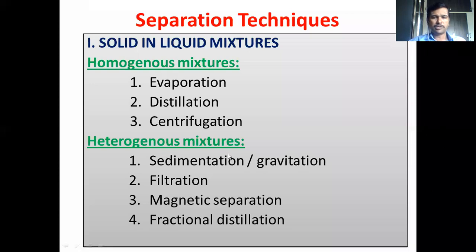And next is heterogeneous mixtures. Heterogeneous mixtures are also possible, which contain solids and liquids. So more commonly, the gravitation process will be employed in order to separate the components which are present in the heterogeneous mixture, or even the sedimentation process. So the gravitation process means you assume the components which are solid, which are present in a liquid mixture, you keep them in a container. Because of their mass, because of the gravitational attraction of those solids, they will settle at the bottom of the container. That is known as gravitation.